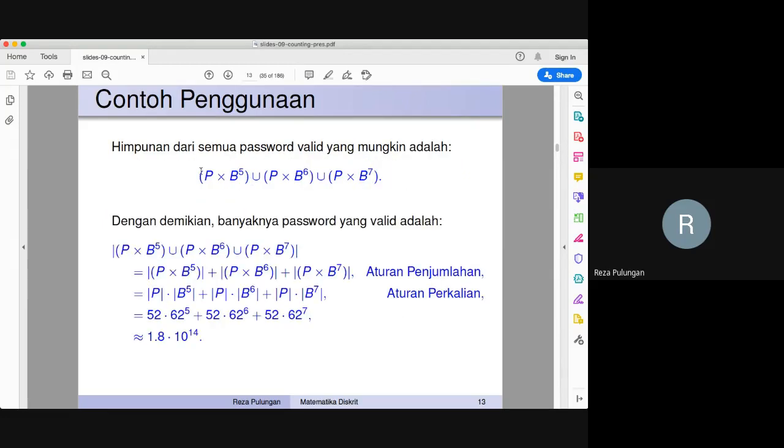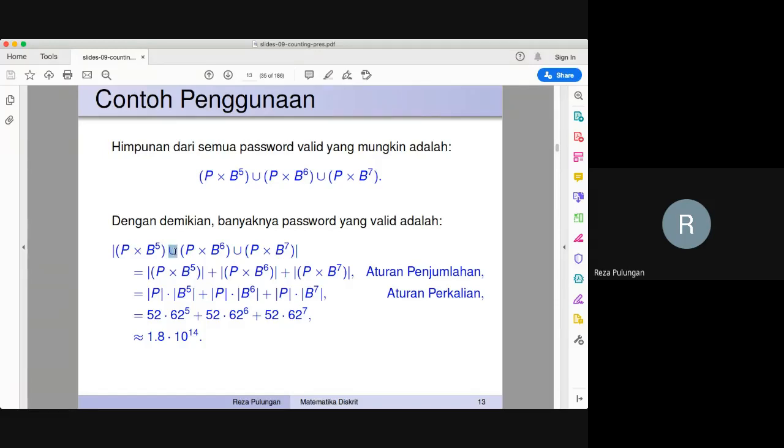How many elements are there inside of this set? Well, this is easy. We just use the last two theorems that we saw. So the number of elements, or the cardinality, of this set is equal to, first, look at this.